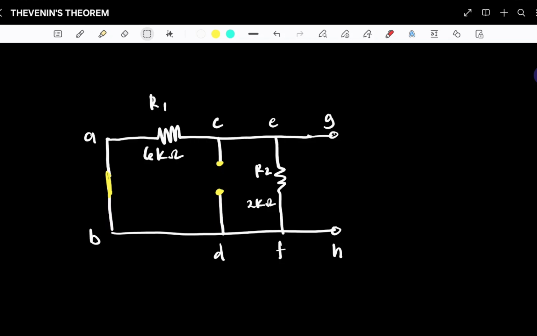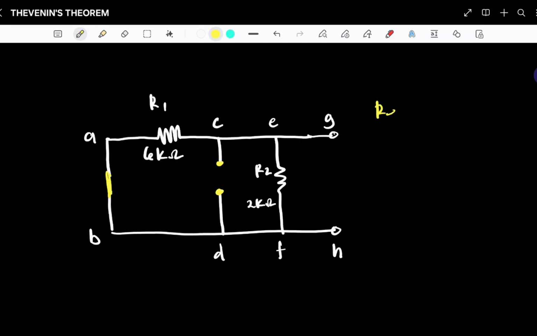To find the Thevenin resistance, we deactivate all independent sources. The 15 volts voltage source is replaced by a short circuit, and the 5 milliampere current source is replaced by an open circuit. Now, we find the equivalent resistance across terminals G and H. To find the resistance as seen from the open terminals G and H, R1 is in parallel with R2. So therefore,